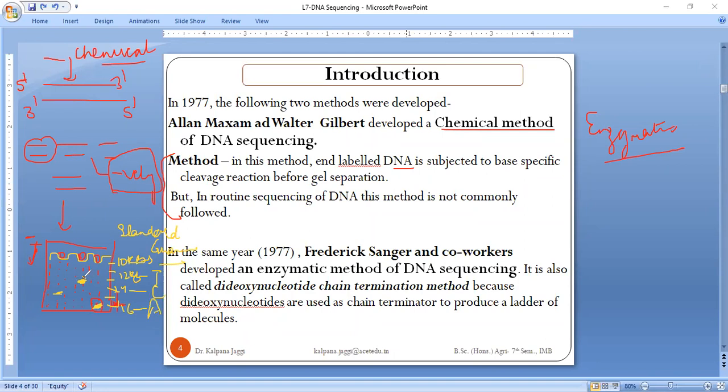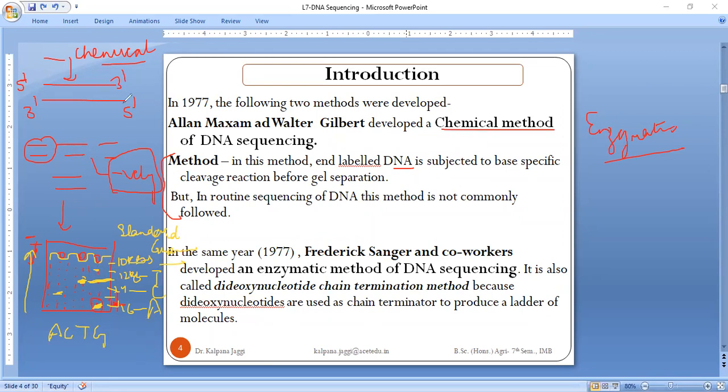So wherever there is the formation of a band, that will be directly compared with the standard band, and we come to know what is present here. So see, the sequence is actually to be analyzed. Now the sequence is always read in this upward direction. So what is the sequence we have achieved? A, C, T and G. Since I have shown you three bands here, it will be A, this is C, and this will be T, and somewhere if a band is formed here, then it will be G, right?